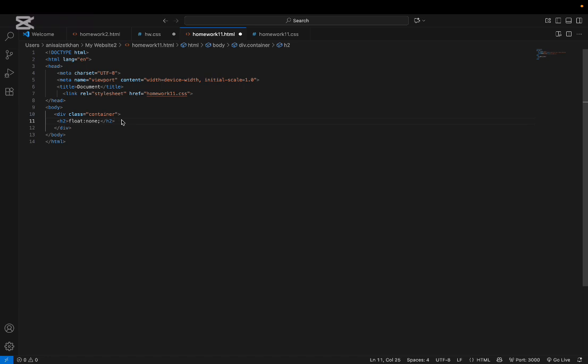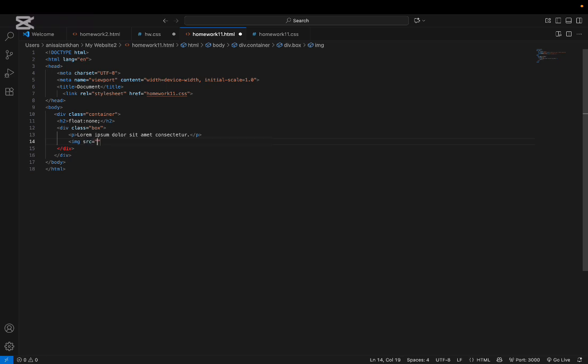Inside the container, there is another block called div class box. This block is used for styling. It has a yellow background, a border, and some padding to make the content look neat. Inside the box, I write the first paragraph of text. Then